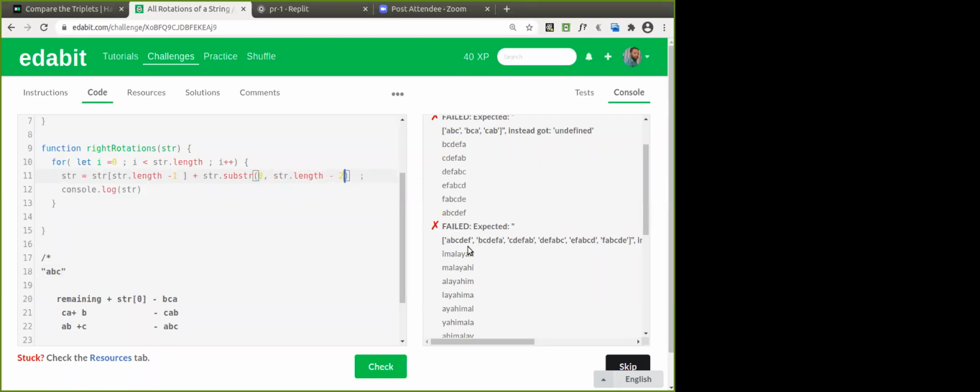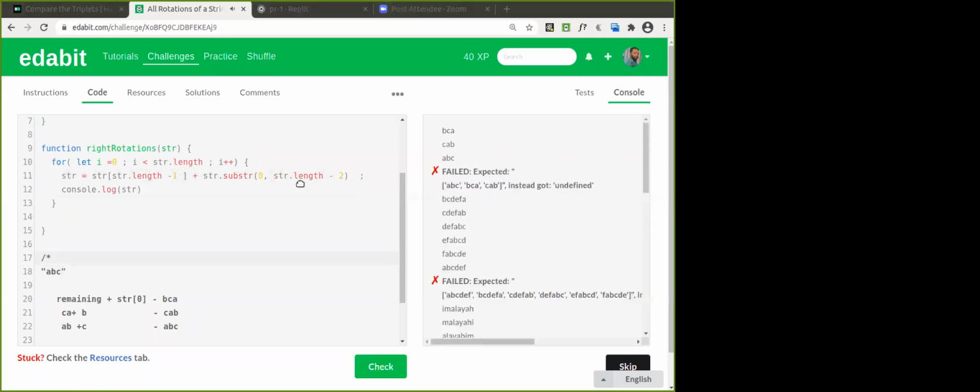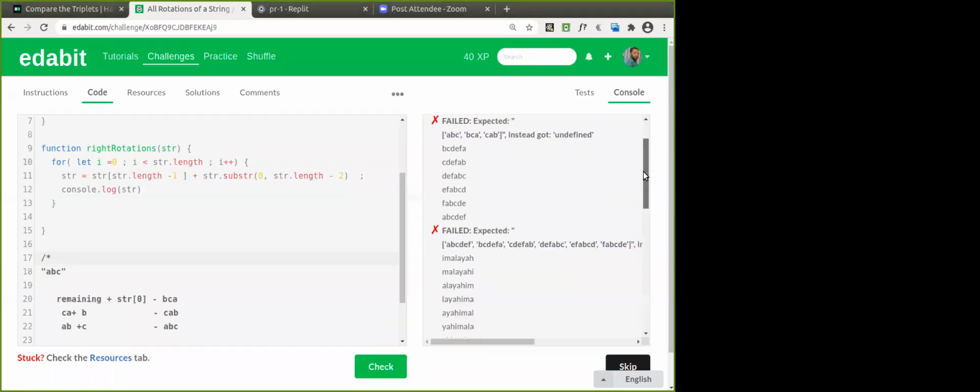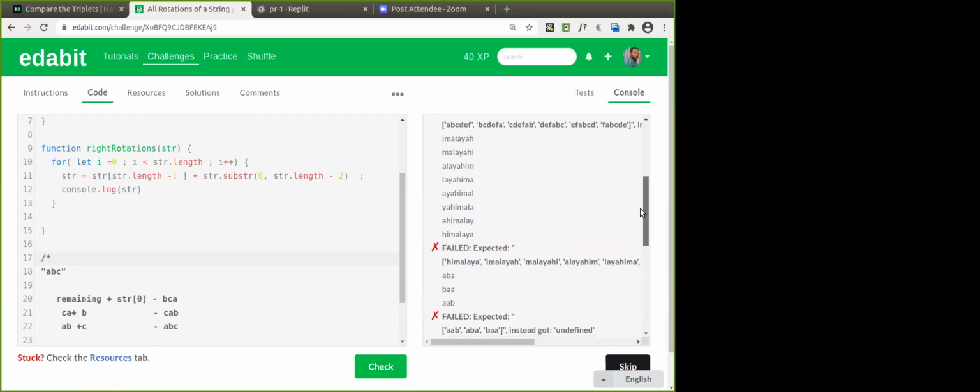Good. Okay, let's check this one. Good. For right rotation, yes. Is it okay, everyone? Yes, we got the output correct.